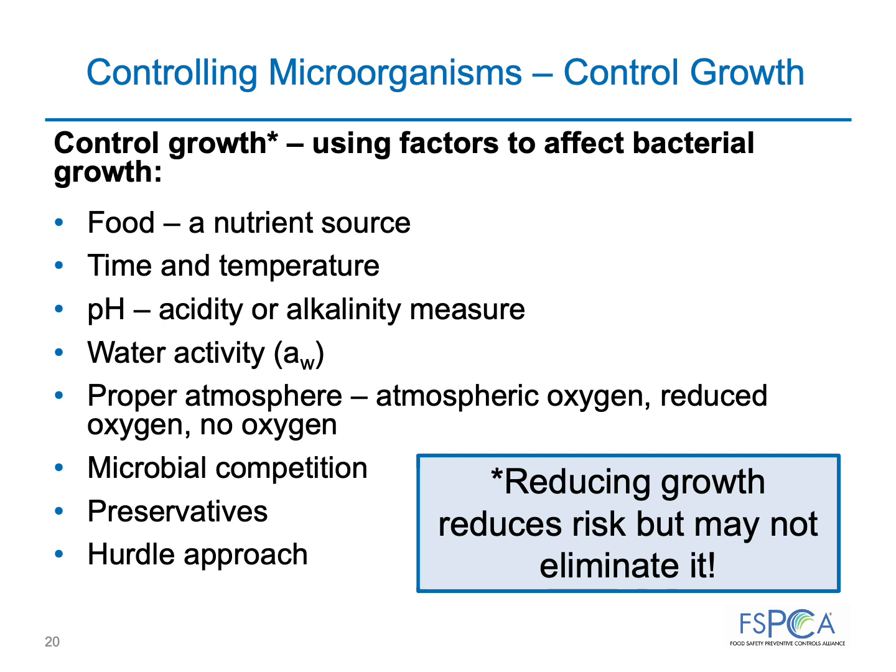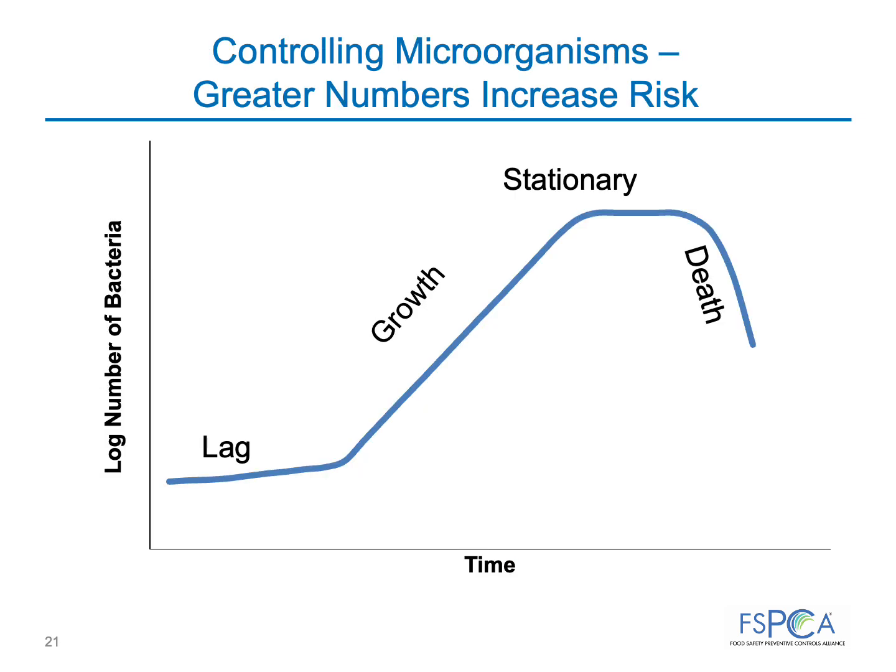It is worth noting that growth inhibition does not necessarily mean that the pathogen is killed. Many pathogens can survive in conditions that prevent growth and may cause disease. Keeping microorganisms from growing can be an important control when the process does not kill potential pathogens, e.g., spores, or when products may become recontaminated after a lethal process, e.g., ready-to-eat products that are exposed to the environment after cooking